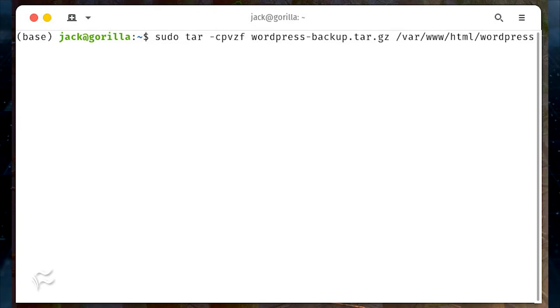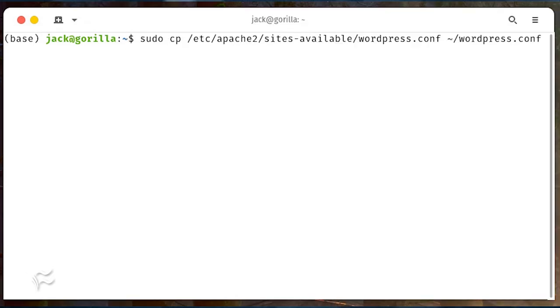Let's assume that directory is /var/www/html/wordpress. To back up that directory, issue the command sudo tar -cpvzf wordpress-backup.tar.gz /var/www/html/wordpress. Make a copy of your Apache configuration file with sudo